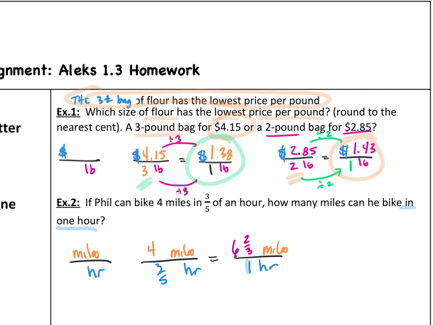Okay? Now for Phil, it's miles. How many can he go in 1 hour? So that means "in" is the same thing as saying "per" right here. That's a good one to take note of, right? So we're talking about miles over hours. So we're setting it up, then we plug in our values. So we had 4 miles and 3/5 of an hour, right? And so we put these values in,